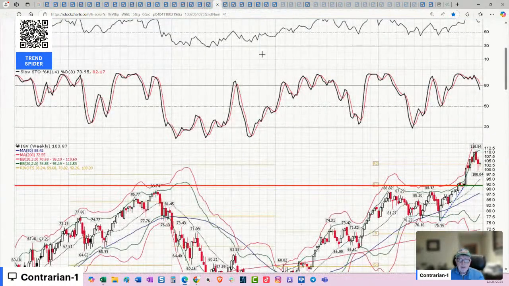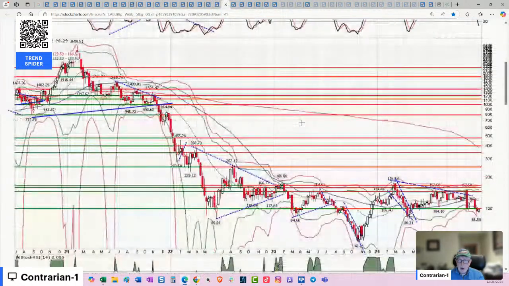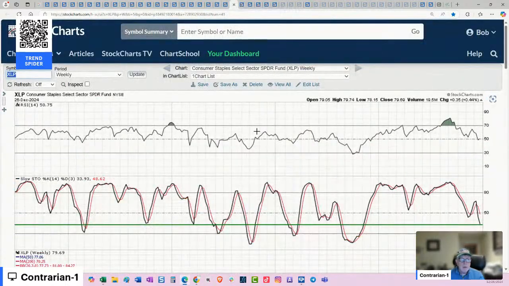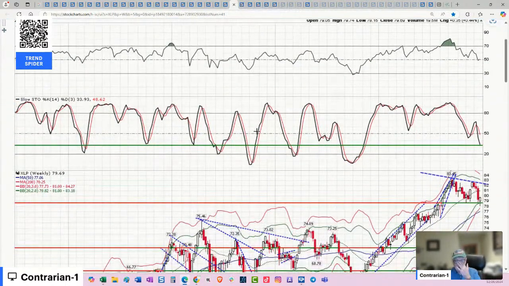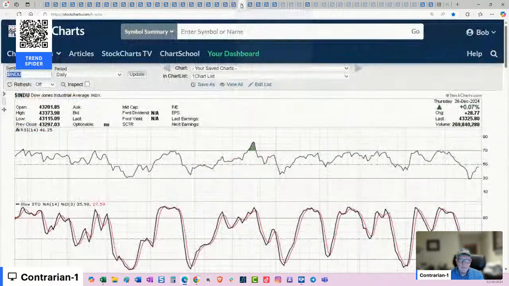Software correcting, not much to do here. Biotechs, I know they were up today, up on the week as well, but still not closing above resistance. Staples, bad breakdown last week. This week, a bullish reversal bar off of support. Stochastics trading down below 50. Rallies tend to fade. We're not bottom dipping here.